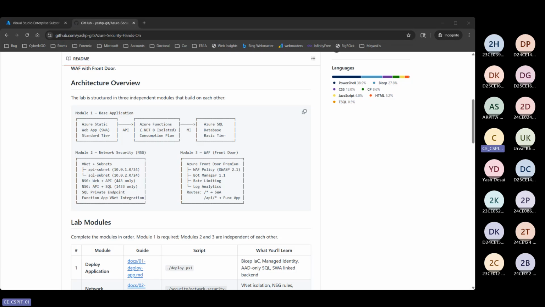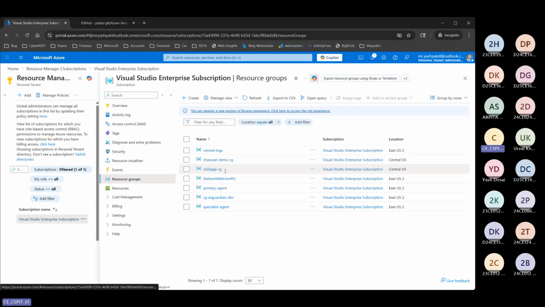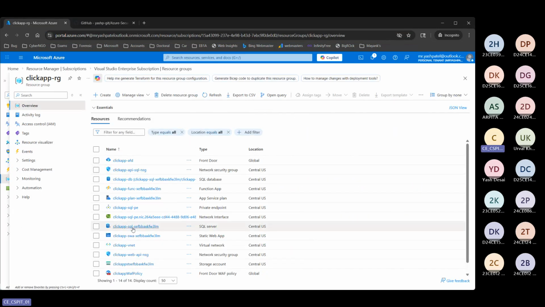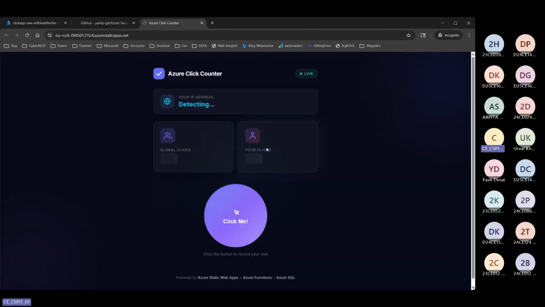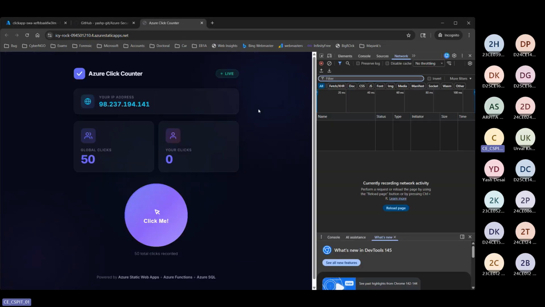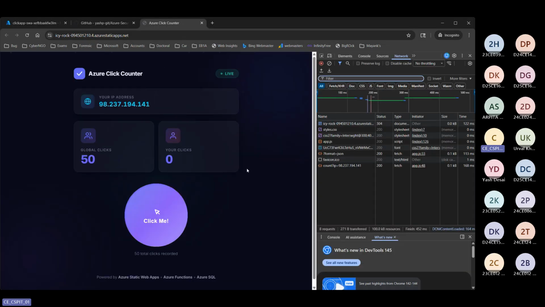I'll show you. What you should see is this simple static web app. Right here, click app, and then static web app. You should see something like this. It's a very simple web application. If I hit F12 here and refresh again,